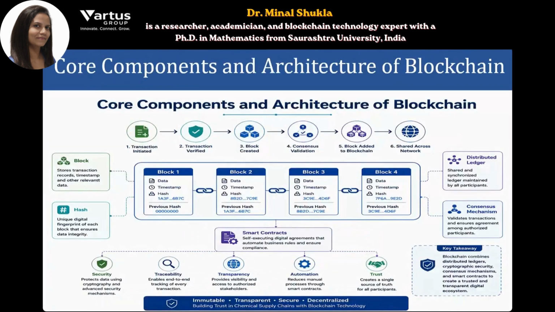Now, what are the core components and architecture of this blockchain? Basically, how the blockchain works is what I want to explain to you all. First of all, the transaction is initiated by one party. Suppose I want to open an account with a blockchain, any of the blockchains; nowadays there are more than 500 to 700 blockchains, and this is going to evolve more and more in the near future. So the transaction gets initiated, then it gets verified, then it is stored in the block, and then ultimately